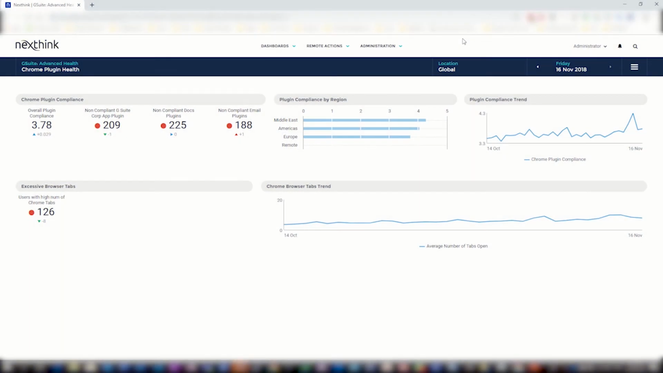Here we're looking at one of the dashboards we've got for the Chrome plugin health. Because a lot of G Suite is run on Chrome plugins, or extensions as they're known, we want to be able to report on whether our browsers that are out there on the landscape have got the right plugins at the right versions. So in this summary dashboard that we've got here, we can see an overall clear figure